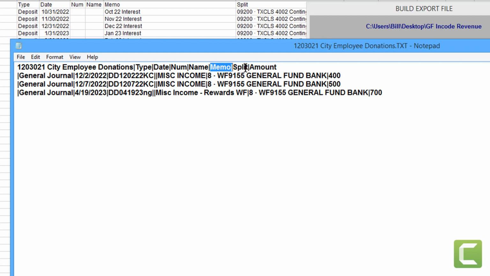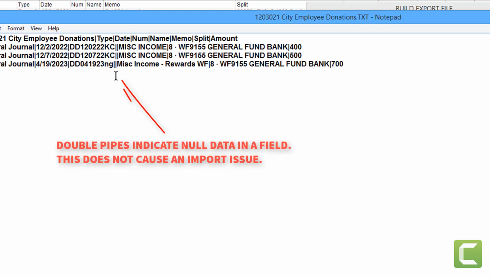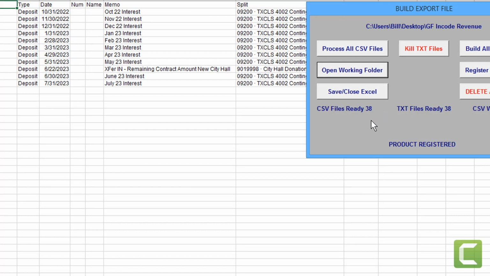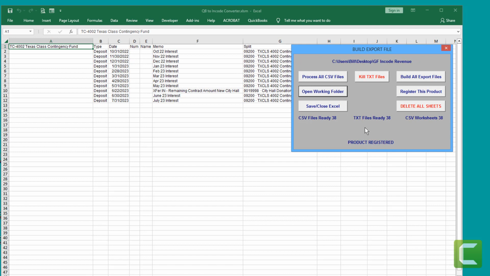Memo field, how it's split. So we debited the bank and we credited this account number here, and here's the amount. And you'll notice the double pipes right here. That's because there is no name for that. And so that becomes a null field and plenty good as far as Tyler Tech's concerned.